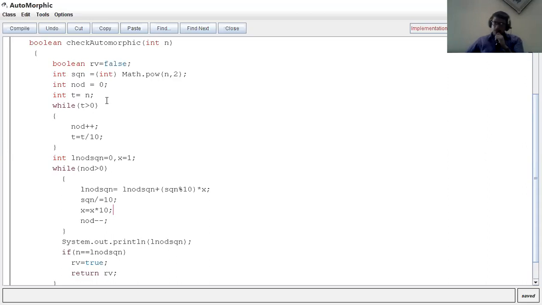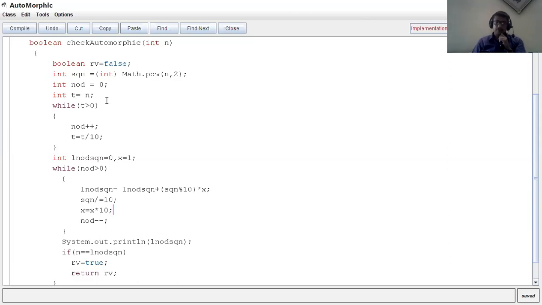As per mathematics, an automorphic number is a number such that if you square it, the last digits of the square are equal to the number itself, however many digits it has. For example, 5 gives 25, and 6 gives 36.